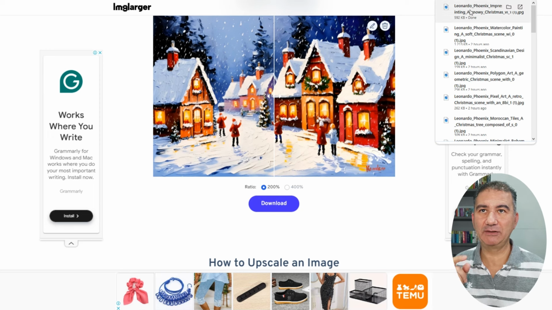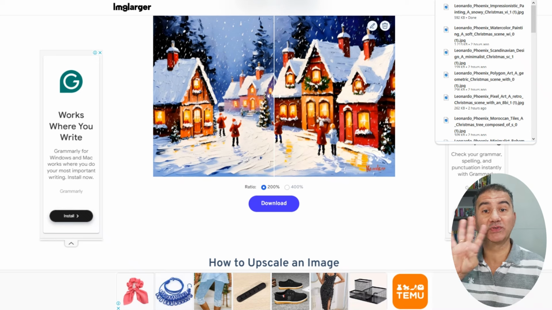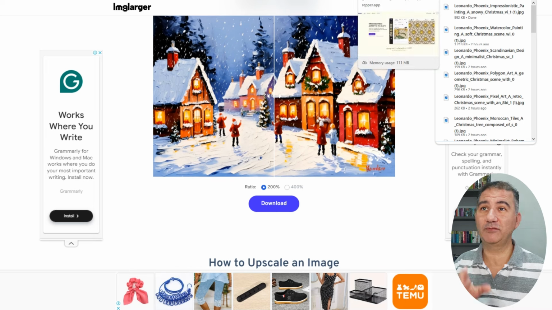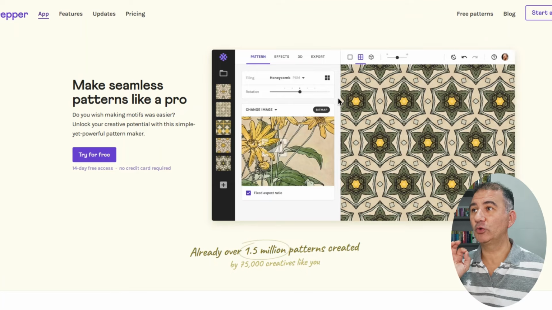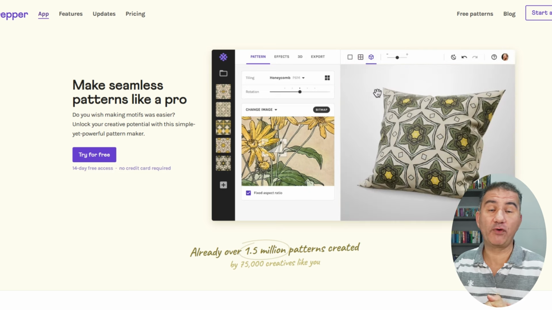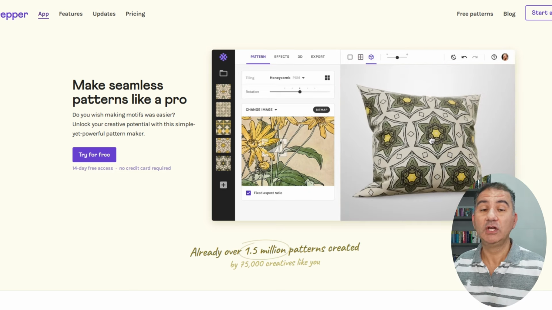As you can see, it's been downloaded here. I've got it here. I've got it off camera now. So what we're going to do is we're going to go into step 4. Really simple. This particular platform I have been using for a number of months now, close to 2 years. It's called Repper.app. For those of you who have been following my channel for some time now, know that I